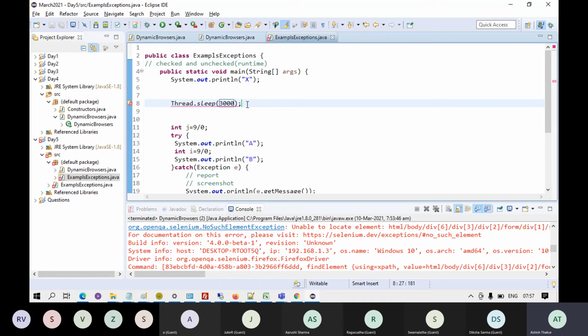Thread.sleep means pause the program for 3 seconds, 3000 milliseconds. But you will get a direct error on this line.